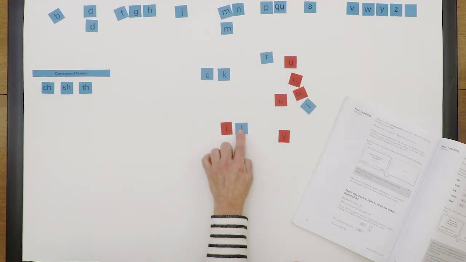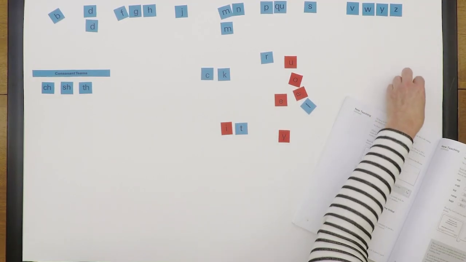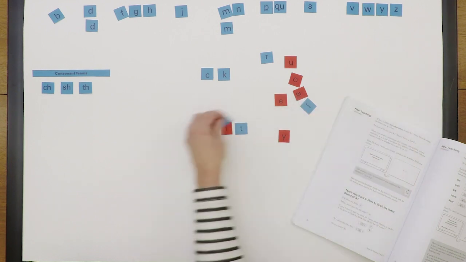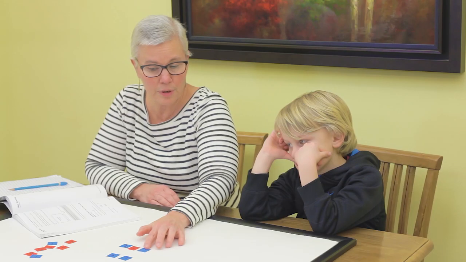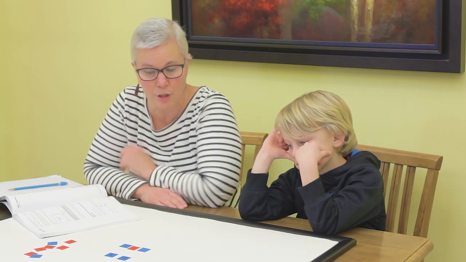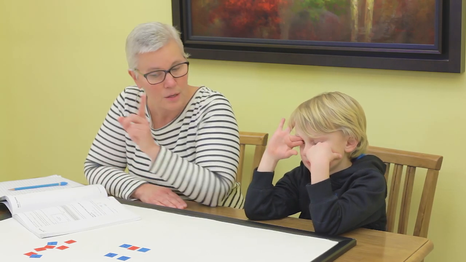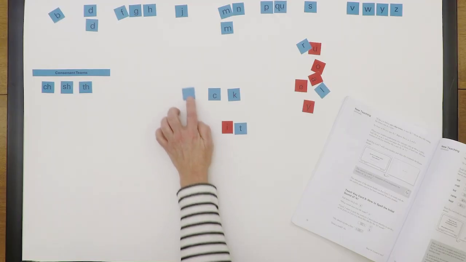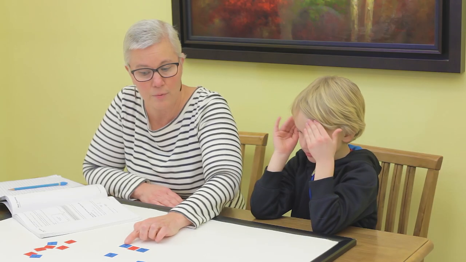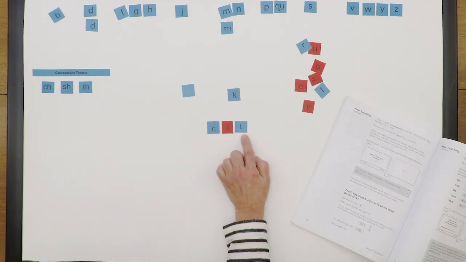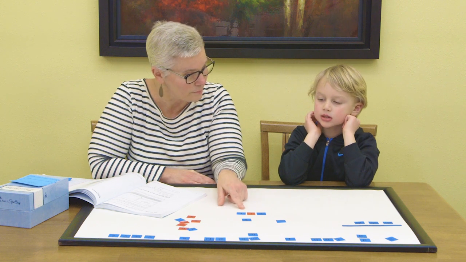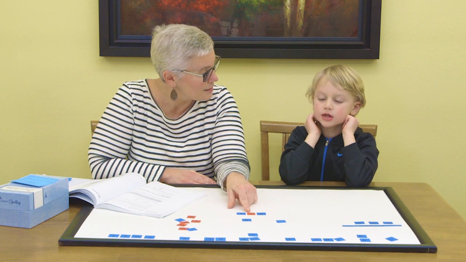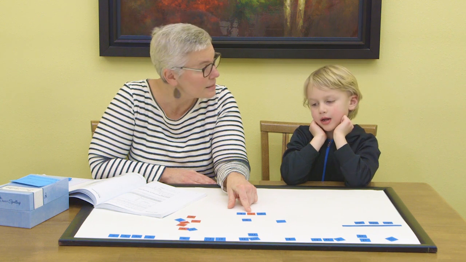But I don't know whether to use the C or the K to spell the word kit. I'm going to put a blank there because we're not sure yet whether we're going to use C or K. We always start with the C. And then we look and decide, does this say kit? No. Why doesn't it say kit? Because there is an I and not any other letter.